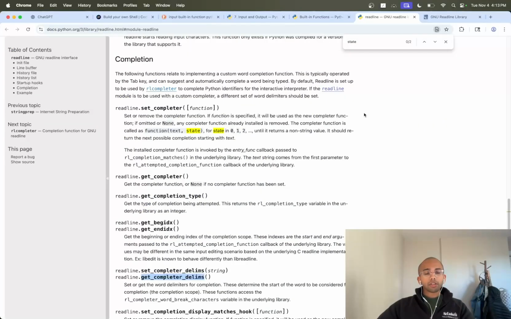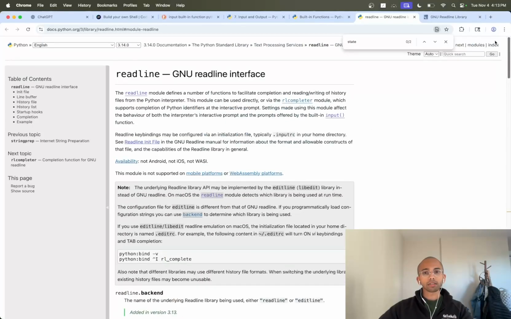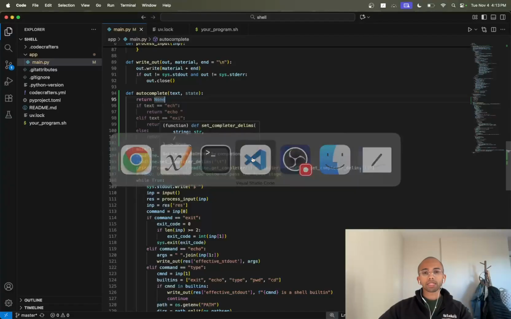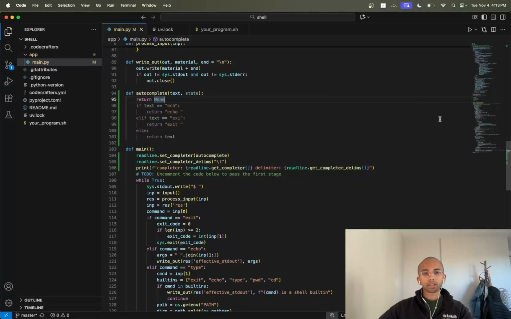So I feel like the documentation is really bad, but I really can't tell if I'm missing something or if the documentation is indeed bad. But one thing I do know is that readline is indeed being called, because if I comment this out, I noticed that when I press Control P and Control N, it takes me back to the previous and next commands